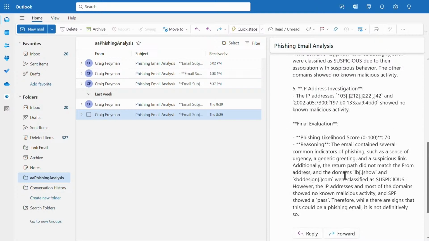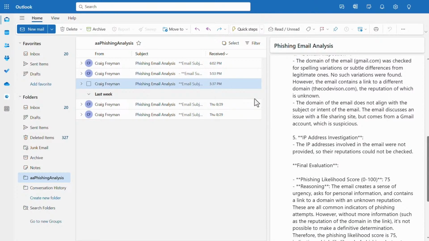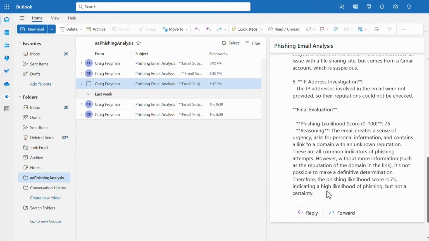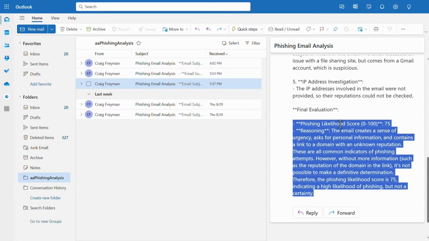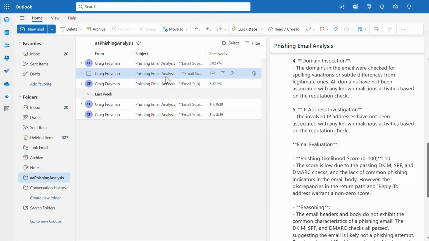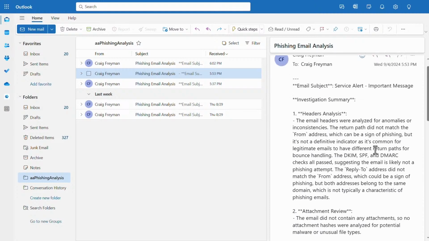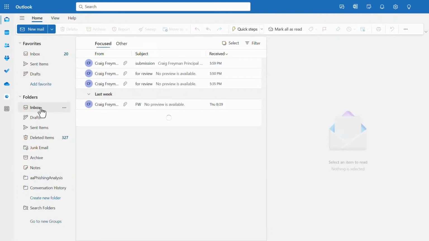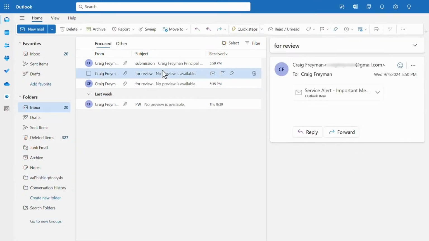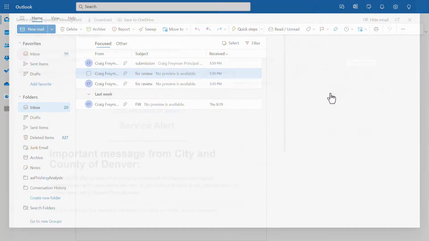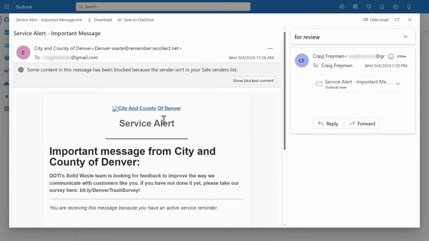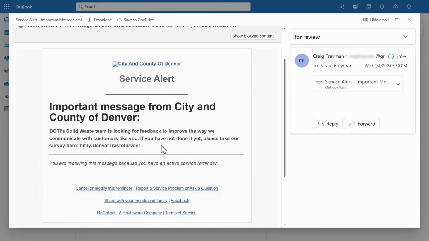A lot of the time what we get in our user-submitted phishing inbox are false positives. This is either through a mistake of our users, it's a difficult problem, but this is another tough example. So I took a message I got from the city of Denver about my trash service.